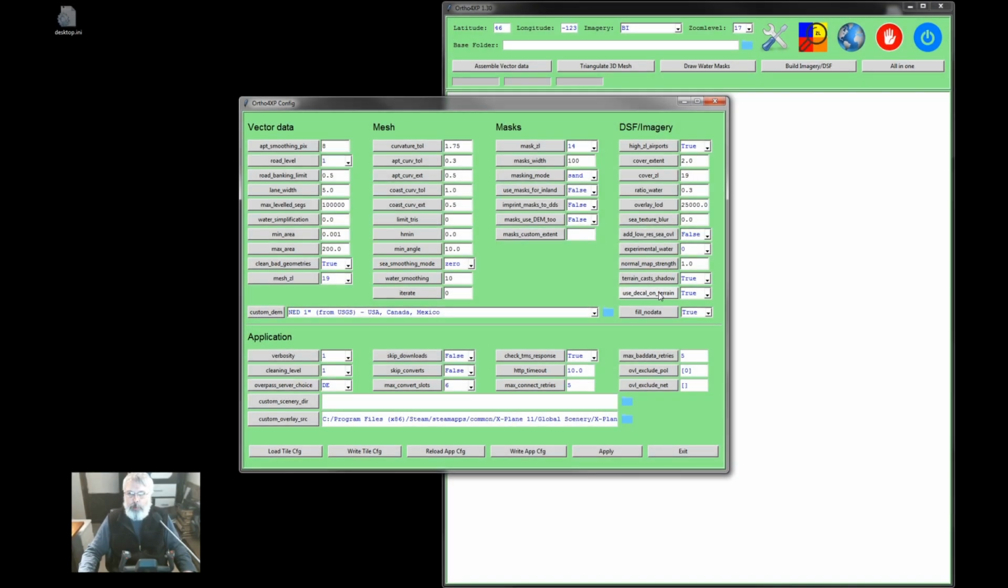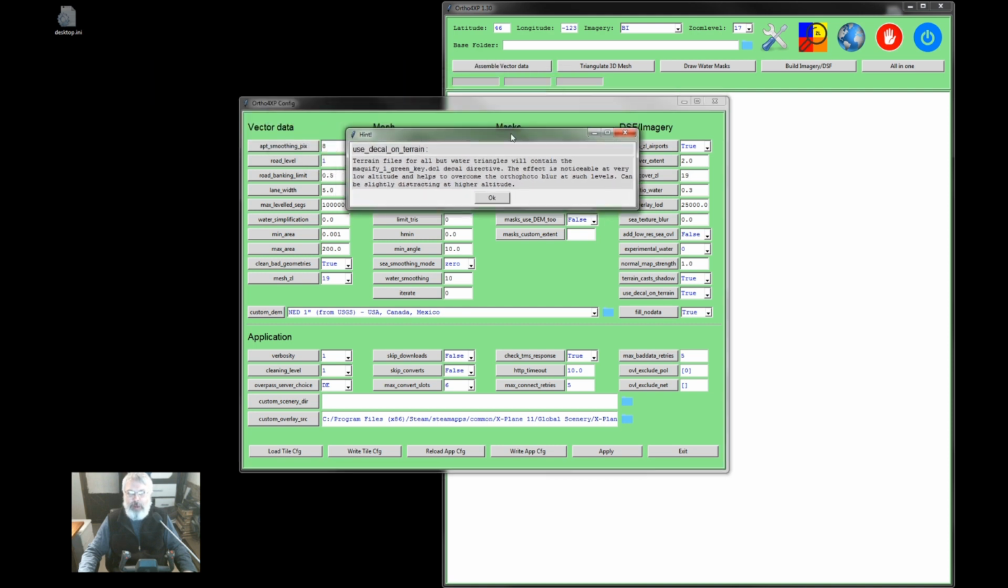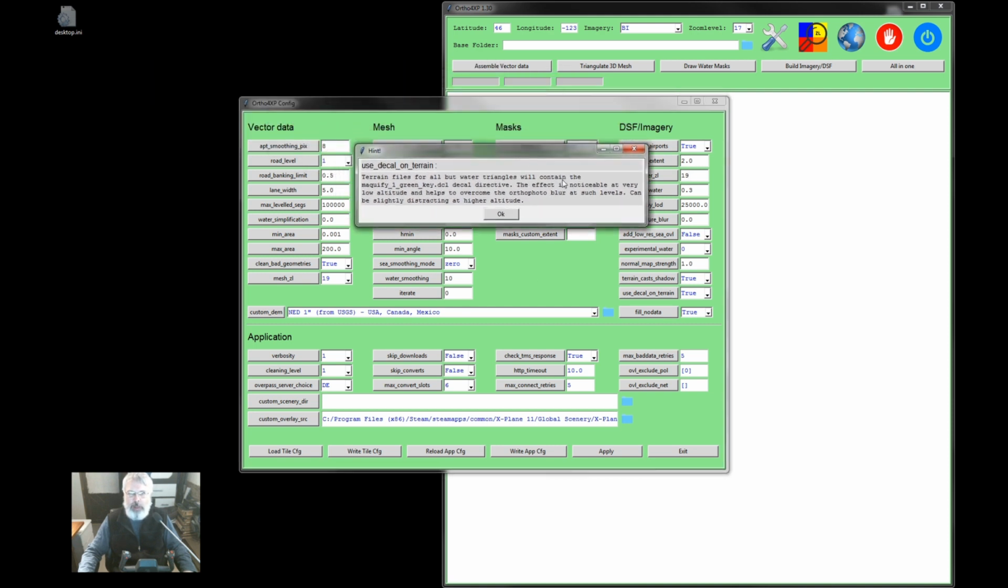Use decal on terrain. This is a brilliant feature. I was actually doing this manually using some crazy batch files and adding textures. But anyway, I'll explain what it is real quickly. If you don't know, it's Ortho